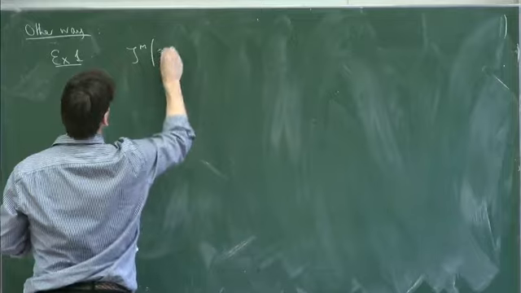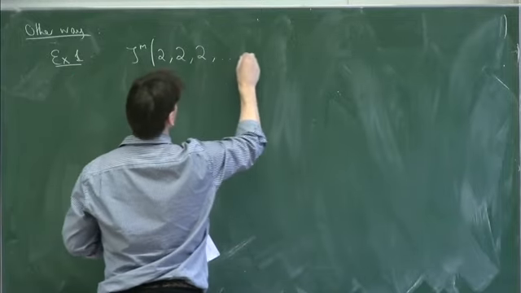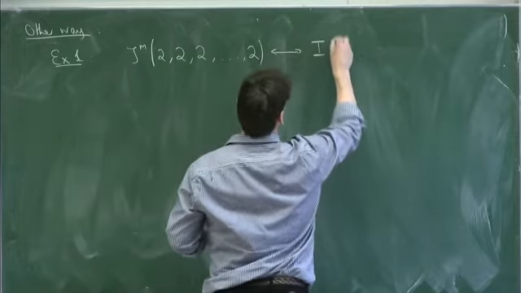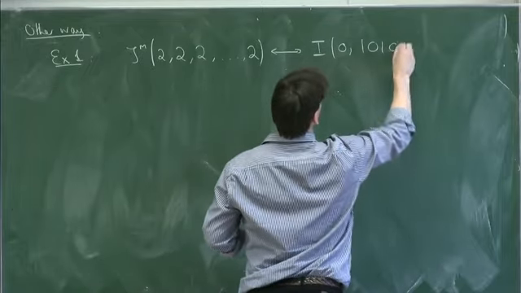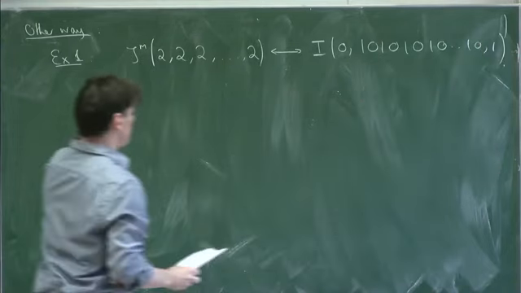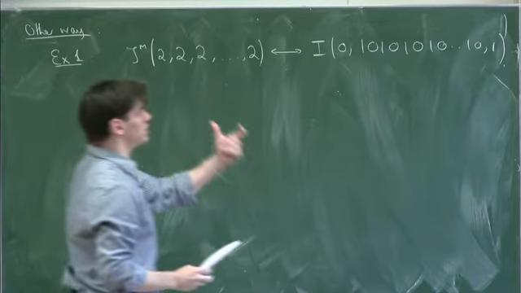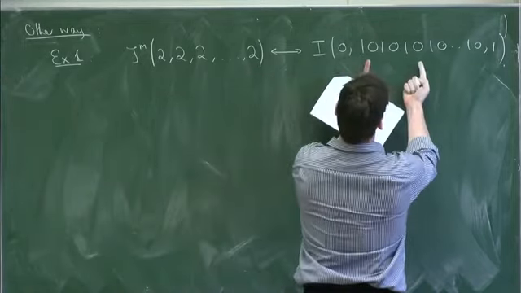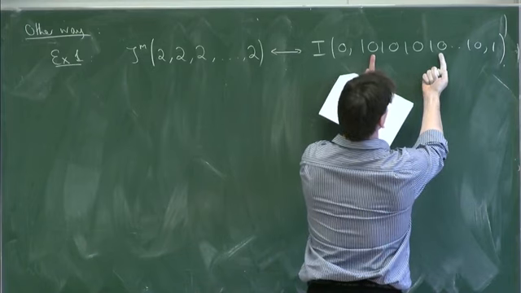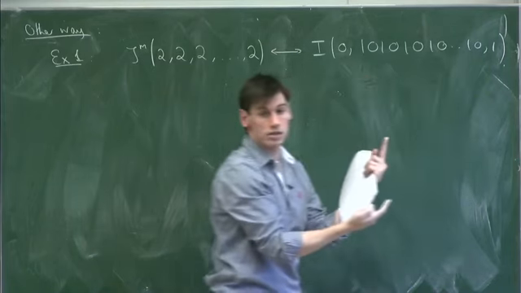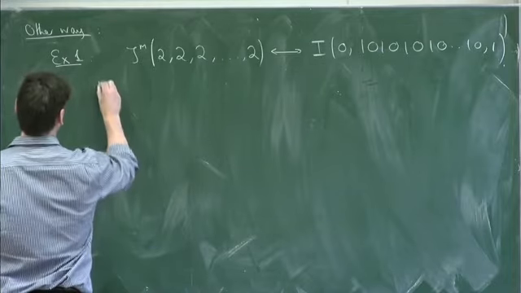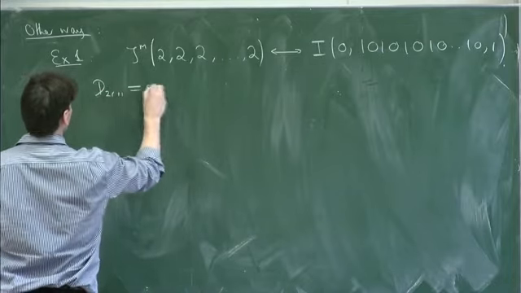Zeta Motivic 2, 2, 2, 2, 2, 2. So this corresponds to something like this. And to compute the action of the Galois group, we want to cut out sequences of odd lengths. But every time I look at a sequence of odd length, it either begins and ends in 1 or begins and ends in 0. There's no other way to do it. Therefore, it's always going to give me 0 in this picture. So d2r plus 1 is always 0.